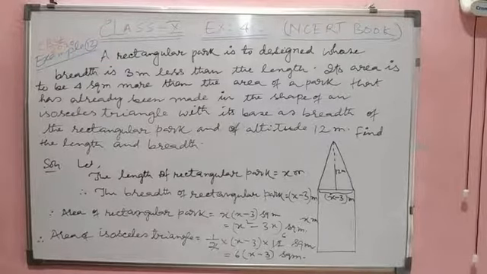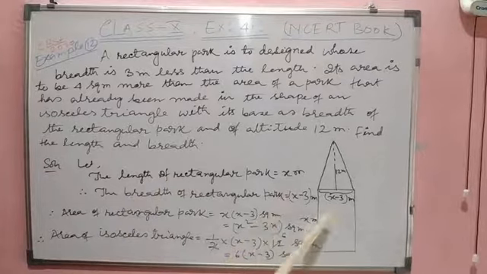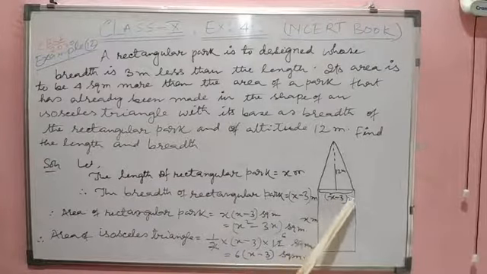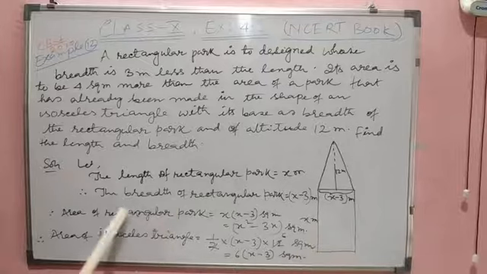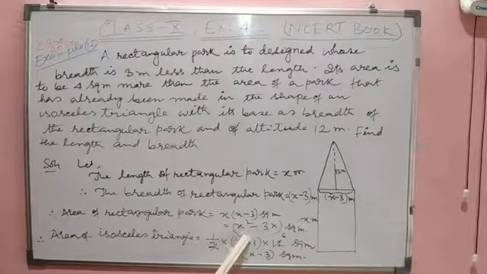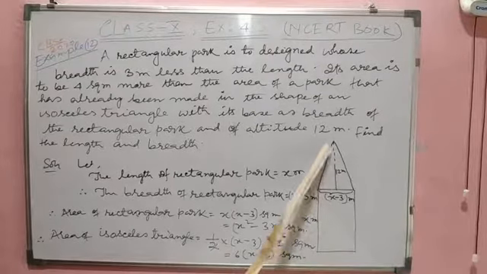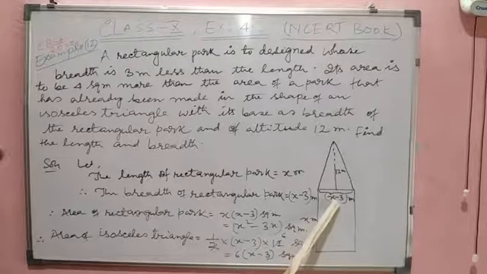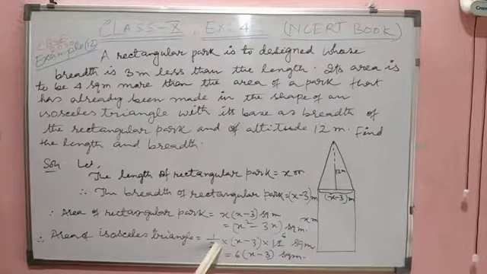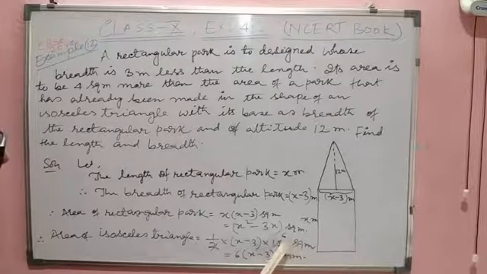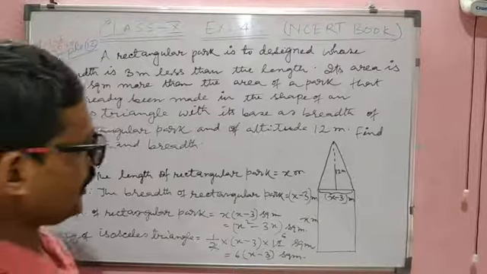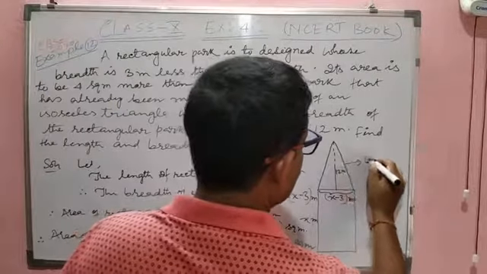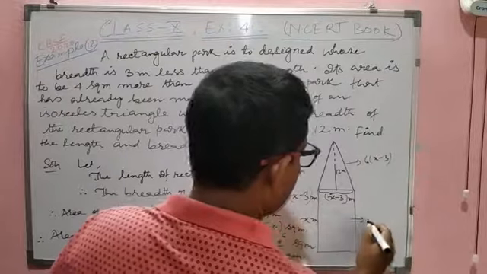So got this? The length of the rectangular park is x meter, breadth of the park will be x minus 3 meter. Now area of rectangular park, length into breadth, will be x square minus 3x. Now area of isosceles triangle is half into base into height. Base is x minus 3, height is 12, so 2 cancels with 12, then 6, so it will be 6 into x minus 3. So the area of this park is 6 into x minus 3, and area of this park is x